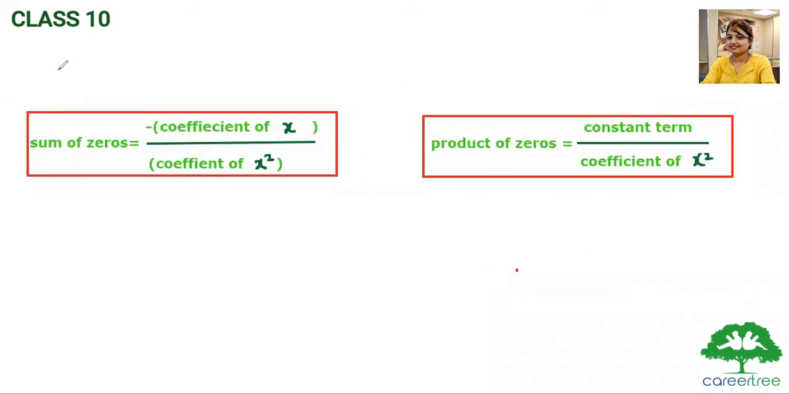That's what I have written here. Since we got alpha plus beta equals minus b by a, and alpha into beta equals c by a, the sum of the zeros will be equal to minus of coefficient of x by coefficient of x squared. The product of the zeros will be constant term by coefficient of x squared, right? So this is the relation between the zeros of a quadratic polynomial and the coefficients of the quadratic polynomial,